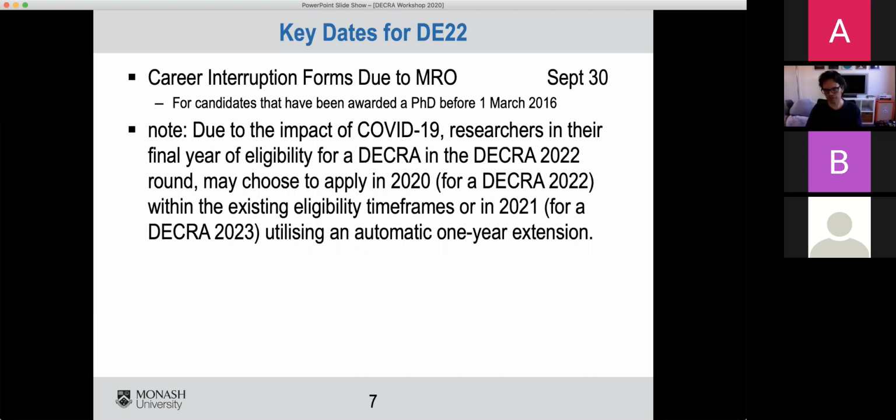But I'm out of eligibility for the next round already. Yes. So there is no round currently open. There's a round under assessment currently. The next round to open is the one which will go in November, which has the 1st March 2016 cutoff. Right, so I've kind of already missed the boat. Unless you have career interruptions, yes.